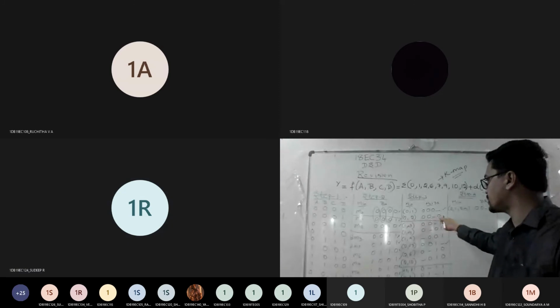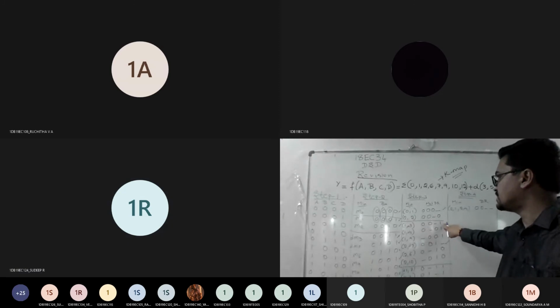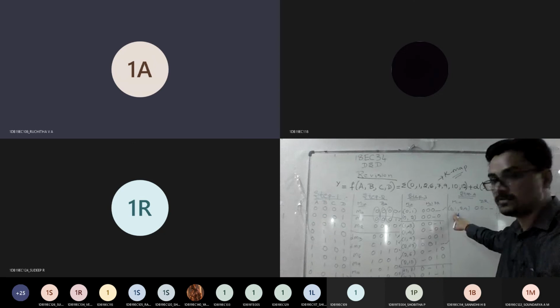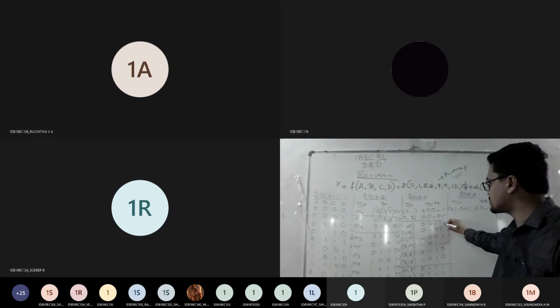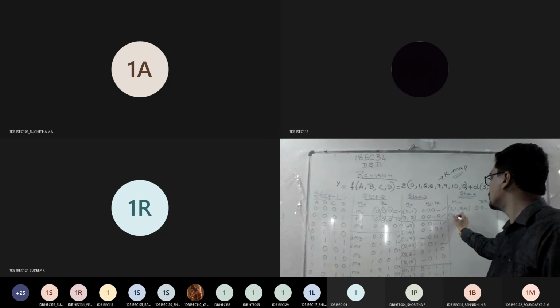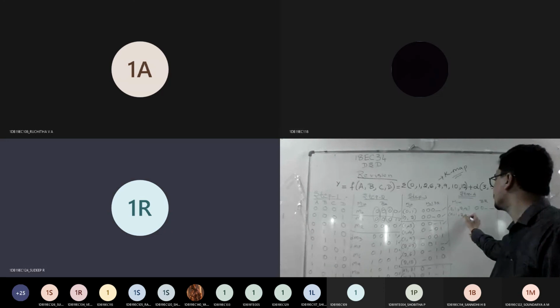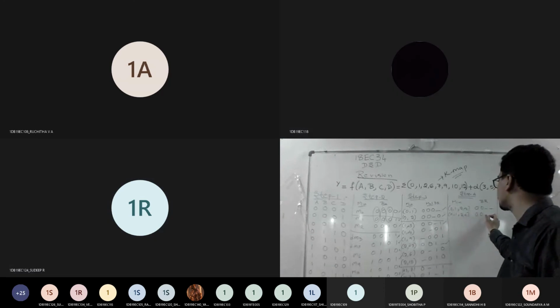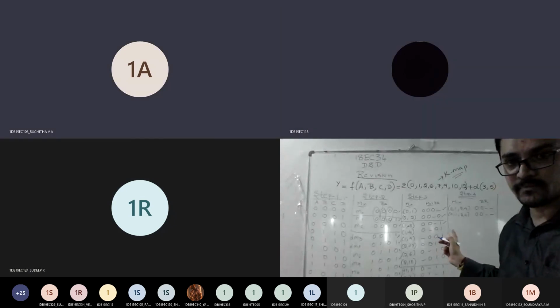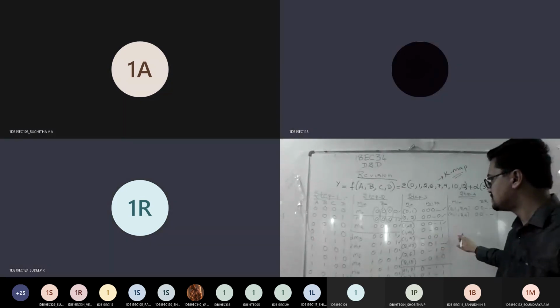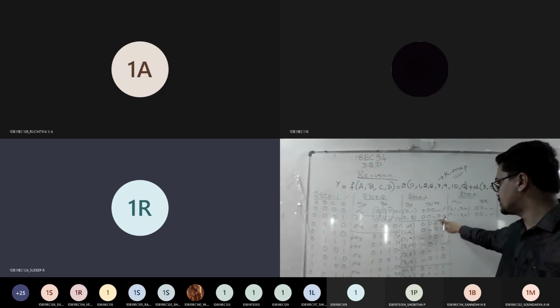What about the 0, 2 combination? Anywhere it is matching? I think 0, 2, 1, 3 is the same, no? Repeated, sir. See, this and this are the same. So again, I will get 0, 1, 2, D3 only. So you'll get the same answer 0, 0, dash, dash. Correct or wrong? Okay, next. Any other possibilities with dash?